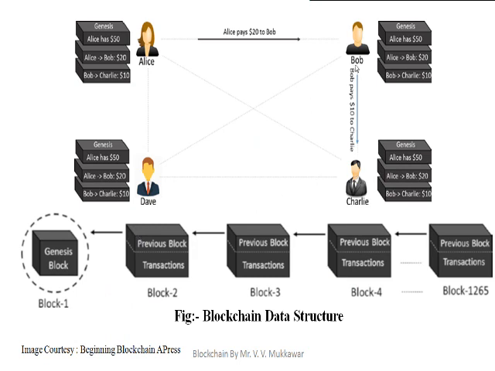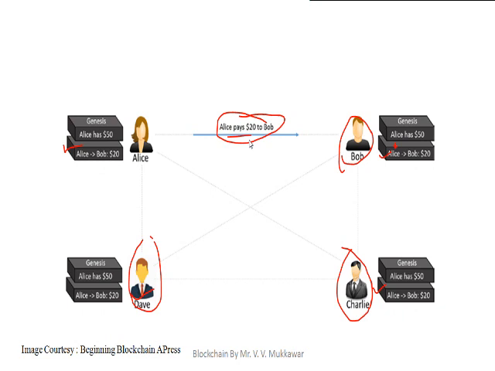After some time, Bob pays $10 to Charlie. Now see, the trusted third party is not there. So as in the previous case, where Alice is paying $20 to Bob, Charlie as well as Dave are responsible for verification of this kind of transaction, whether Alice has the money in her wallet or not. As Alice has $50, and 50 is greater than 20, Alice is able to make the transaction and 20 will be credited into Bob's account.